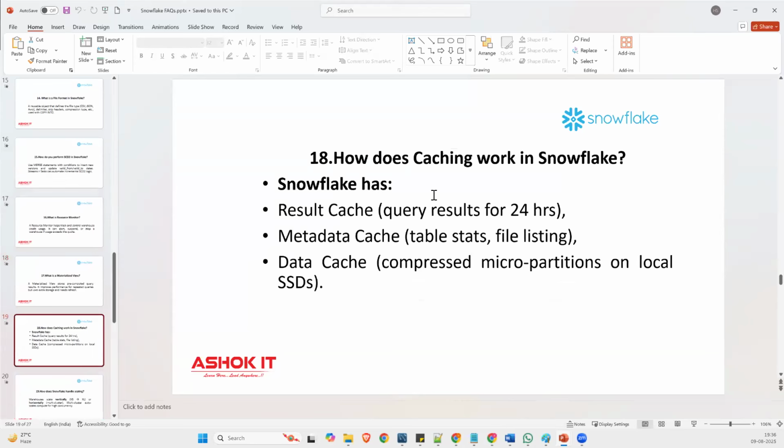And how the different kinds of cache work. I gave an example. If you run a query the first time, select star from the EMP table, and it has a million records, it will take two to three minutes to get all the data. But if you run the same query a second time, you will get the data within a fraction of a second, because the result of your query is already stored somewhere in cache. The life of this cache is 24 hours. So within 24 hours, if you run the same query, you will get the data promptly.